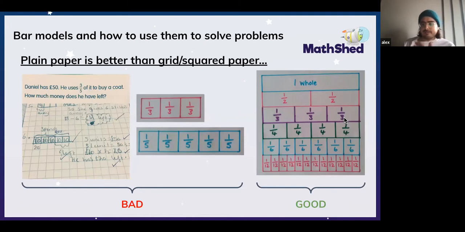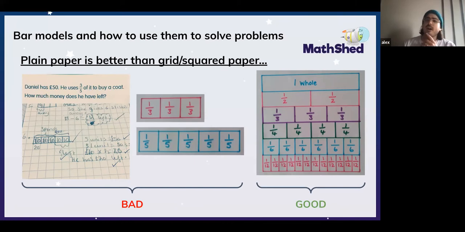So a point I really feel is quite worth making, something that I struggled with as well when I first started using bar models in my classes, is that you want to be using plain paper rather than squared or grid paper to draw bar models. And the reason for that is that you want something that is going to be really quick for kids to do jottings for, where you can have a stable whole amount, and then not have to fuss,